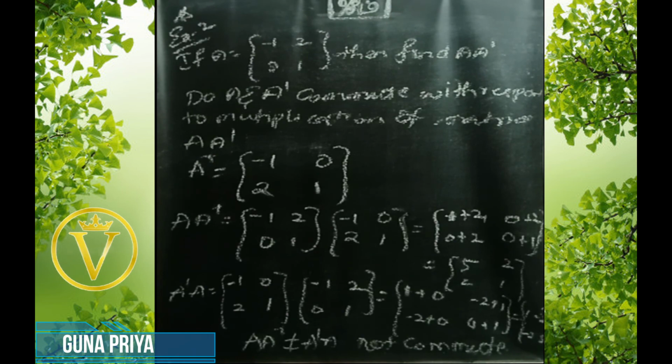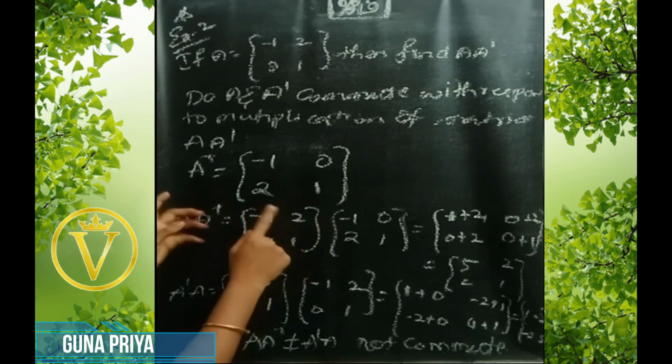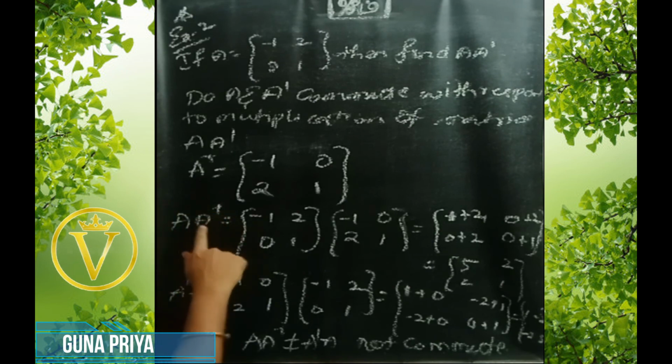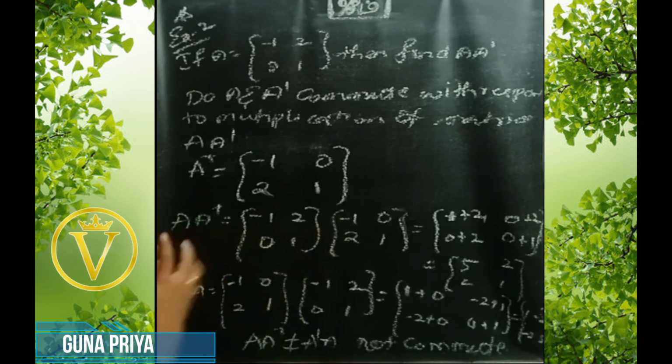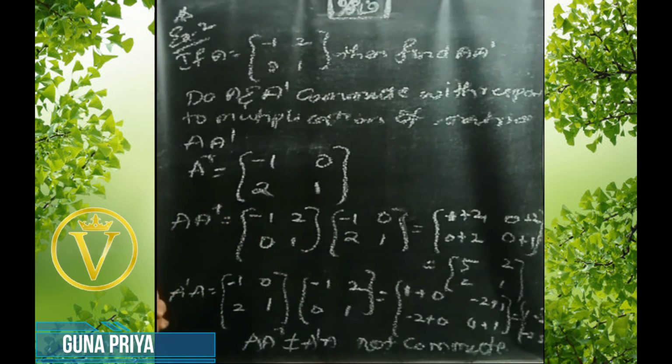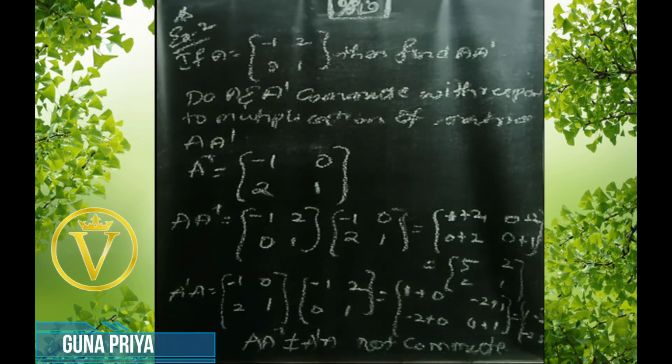That means not compute. We have to say here not compute. That's it. Very simple. So you have to write step by step. Don't miss any step, and see the minus symbol and plus symbol carefully while writing the multiplications. Now in this section we have completed exercise 3C. Next section we'll go for the main topic of determinants of this chapter.